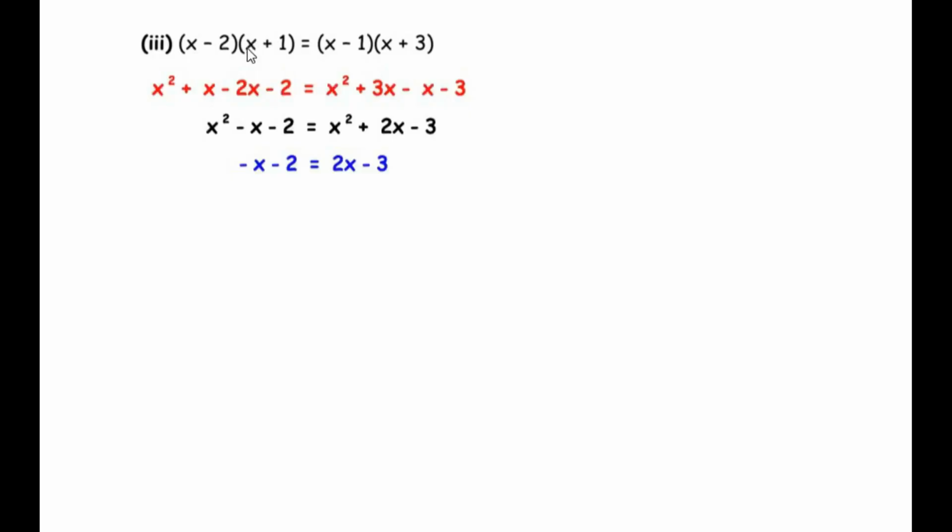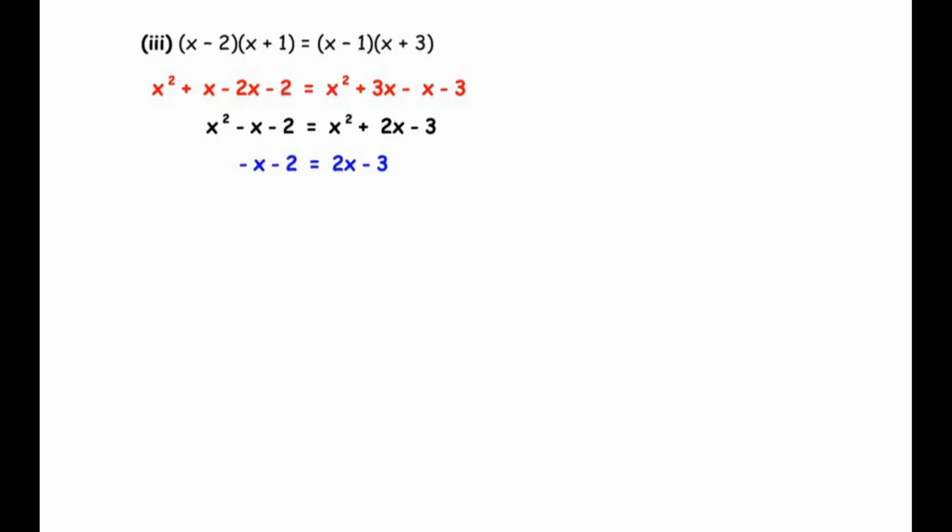x minus 2 times x plus 1 is equal to x minus 1 times x plus 3. So here we have to expand the brackets on both the sides of the equal to sign. x multiplies with x giving us x square. x multiplies with positive 1 giving us positive 1x or positive x. Negative 2 multiplies with x giving us negative 2x. And negative 2 multiplies with positive 1 giving us negative 2 equal to, now let us expand the right hand